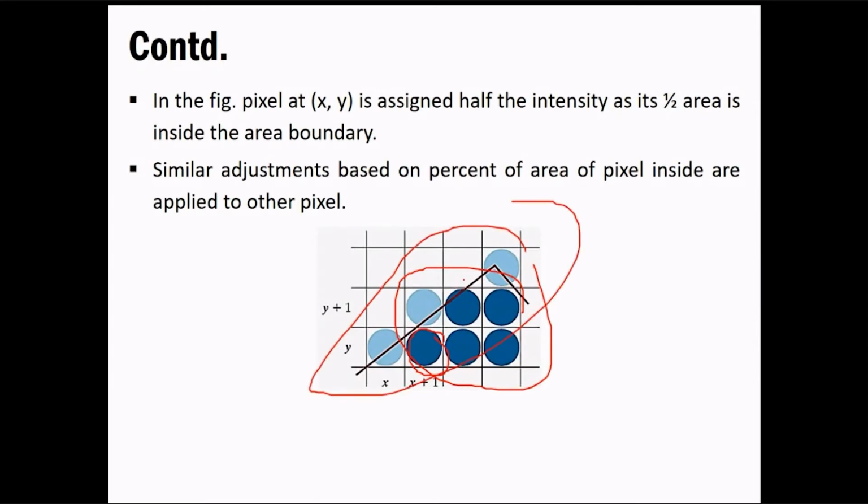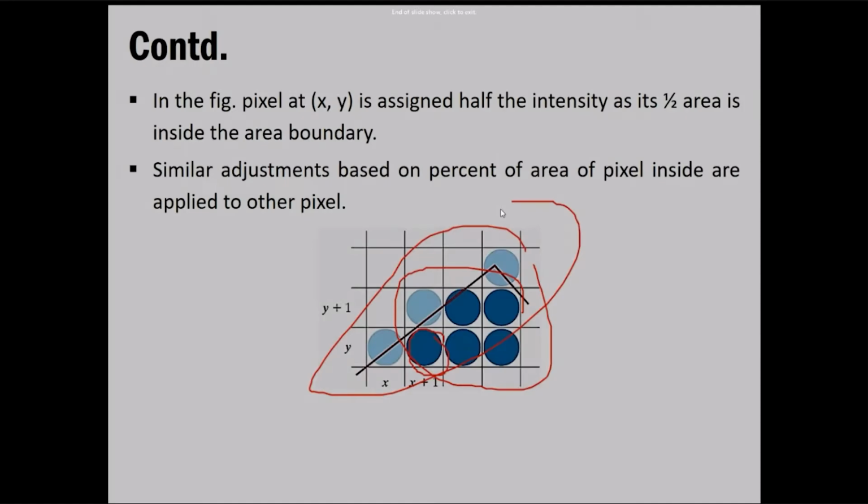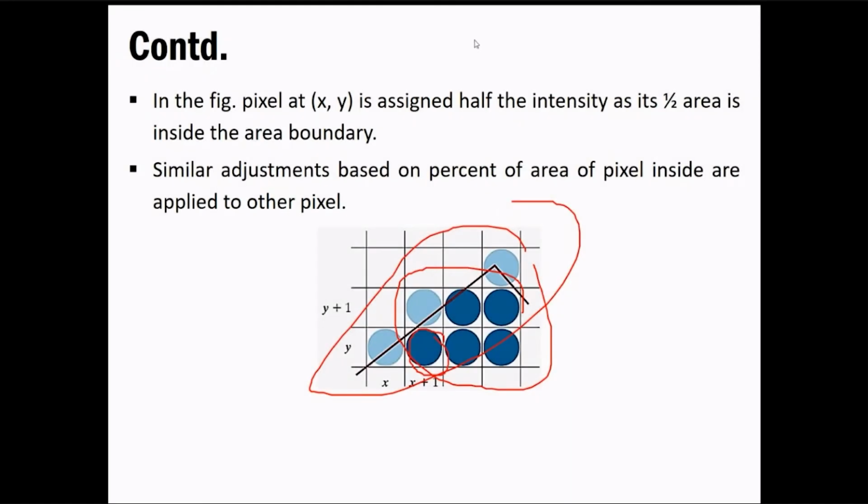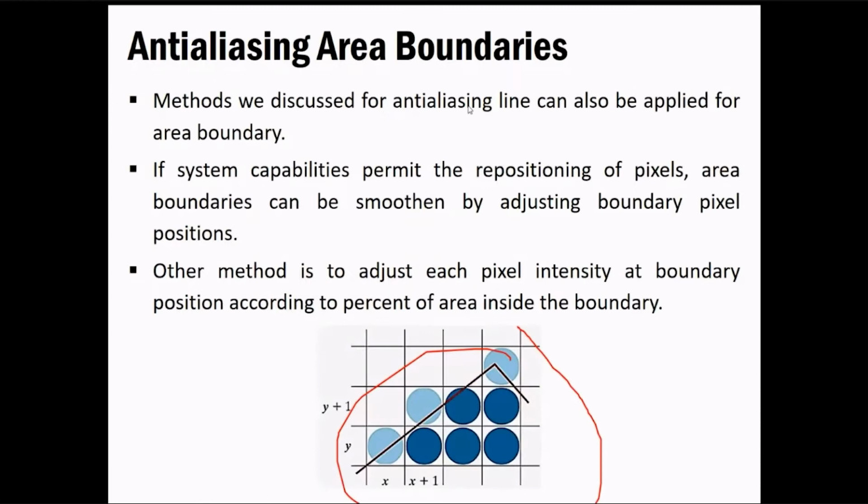Obviously, if you have lower intensities for the pixels at the boundary, it would give you a blurred look at the edges, at the boundary. That is what it says; you just have to consider that case in the area boundaries. It's a very simple thing: you just need to count the coverage, and based on the coverage you give the intensities, since that much portion is inside that particular pixel.